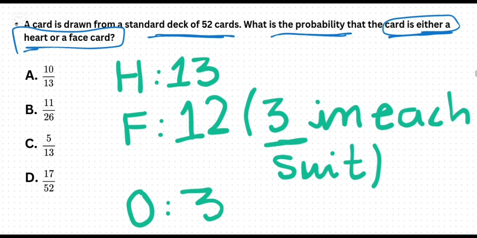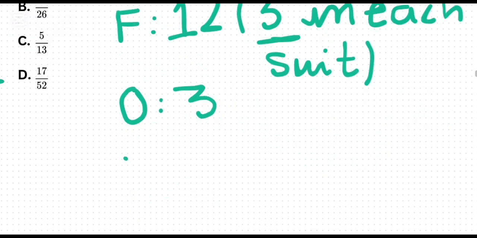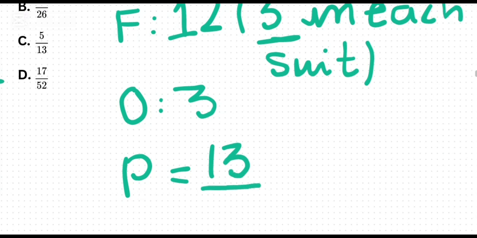Now we will apply the formula: probability of heart or face is equal to 13 out of 52, since there are 13 cards in hearts and the total cards in the deck are 52, plus